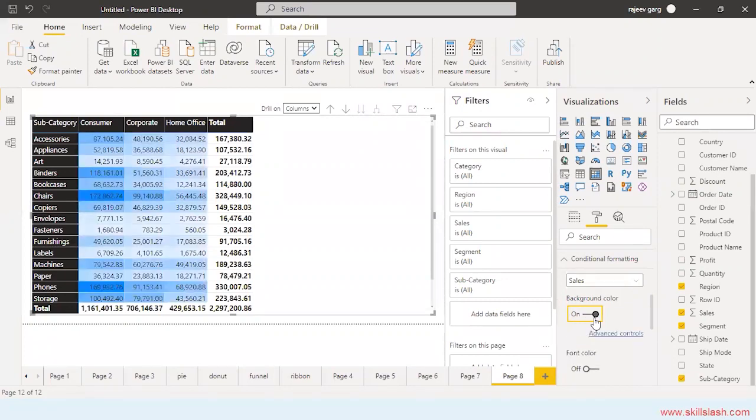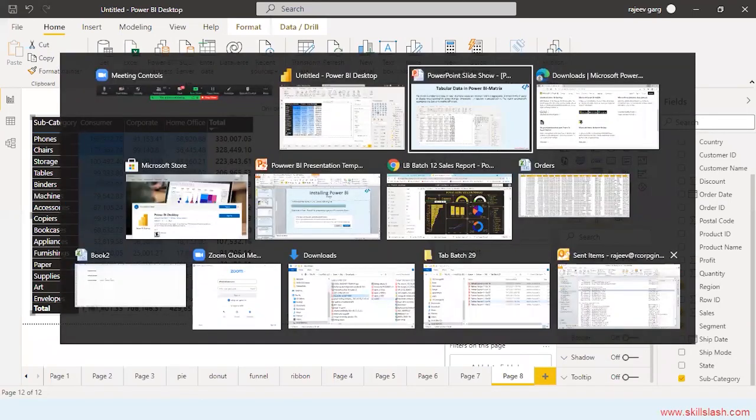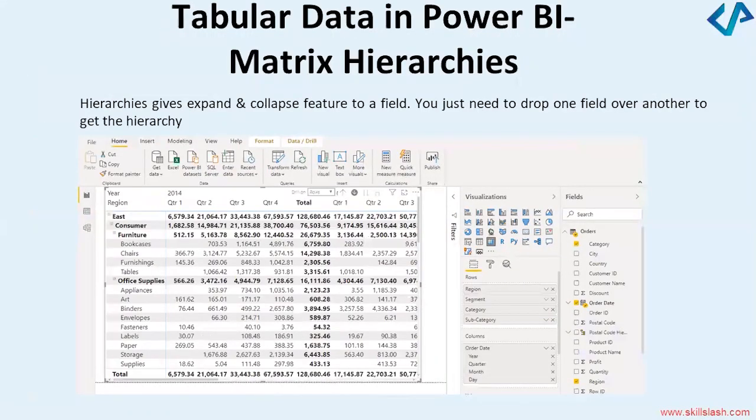So you can see a background color is appearing according to the value. Okay. So rest everything is same, just like table. The only difference is here we have the matrix hierarchy and it gives a cross tabular data. Row and column format is there. So this is known as Power BI matrix.